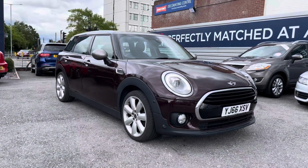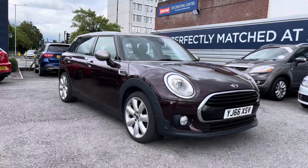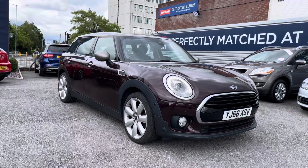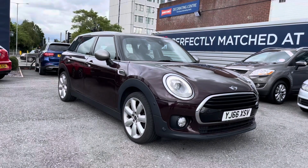My name is Daniel and I'm pleased to present you with this fantastic MINI Clubman 1.5 Cooper. Now this vehicle is currently on 54,234 miles and it's had two previous owners from new. It's finished in the colour pure burgundy metallic, and if you'd like more information please give us a call on